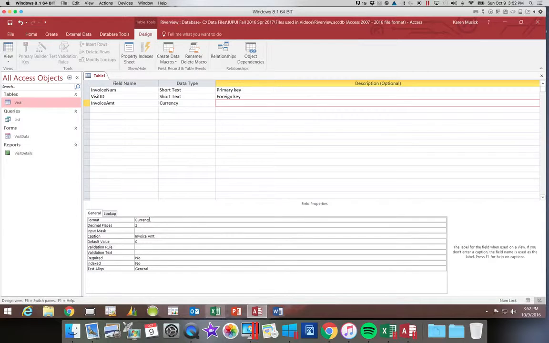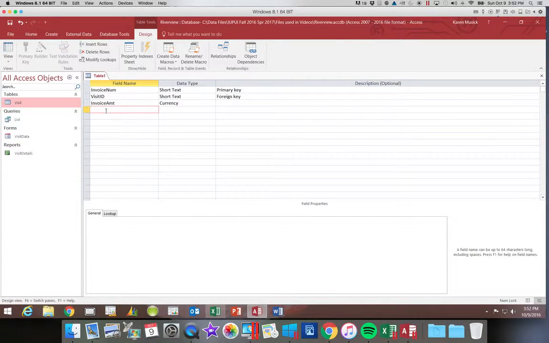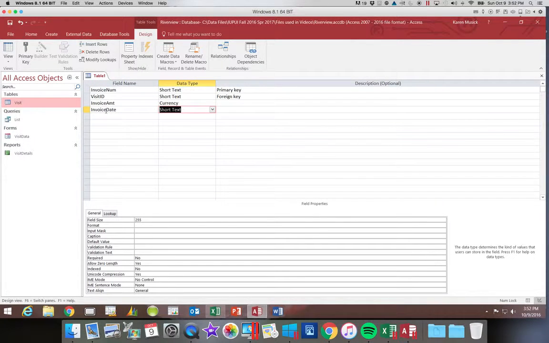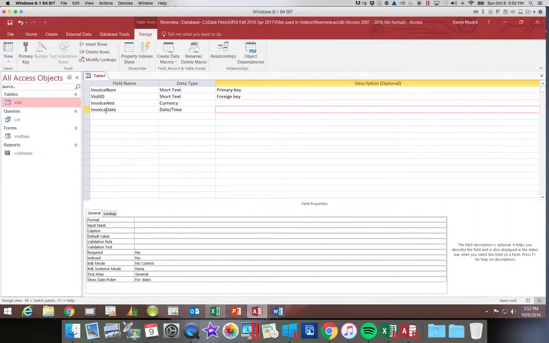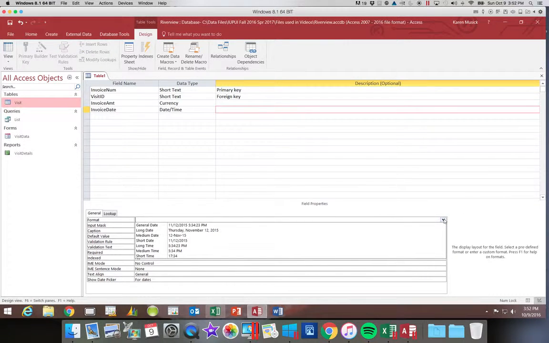The next field name we're going to add is the invoice date. And this is going to be a field type of date and time. And again, you can see that those options changed for our field properties. So we're going to come down here and we're going to look at the formatting. So you can see there are several options for formatting. The thing I don't like about the descriptions they put next to them is that, for example, if you look at short date,